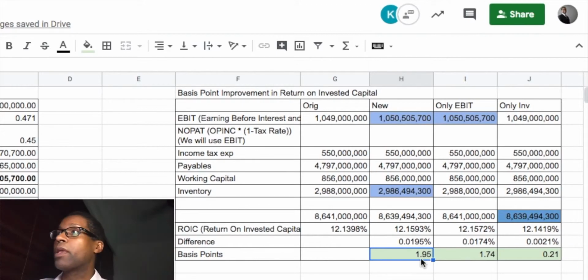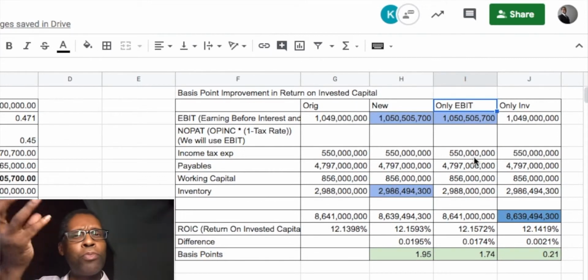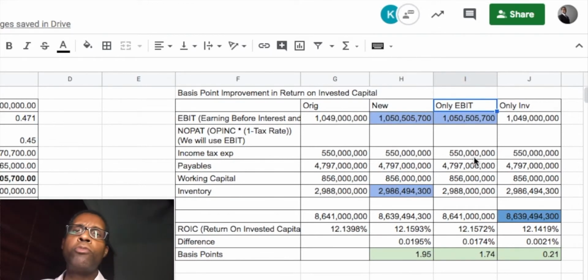Wow, that's nice. What about if I only improved EBIT? If I had done an information systems consulting project and the only thing I was able to improve was cost of goods, which might happen by just reducing labor a bit. So if I pulled labor down, I might not reduce my inventory costs. And we can discuss where that fits in the cost of goods and why it might not be part of inventory. But in this case, imagine we said we only improved EBIT, not inventory. We still have a nice uplift of